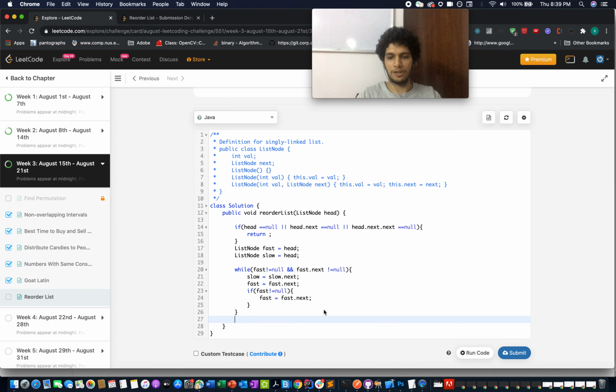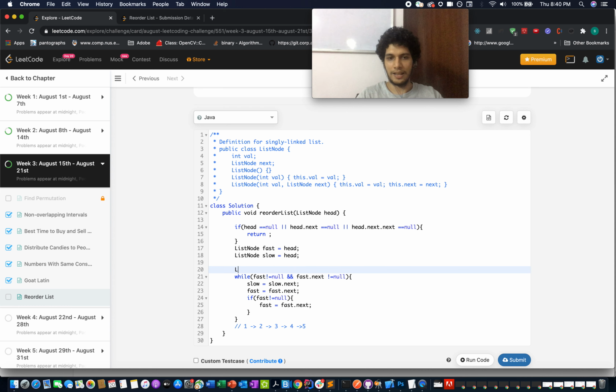So what we have done so far is, if the input linked list is something like this: 1, 2, 3, 4, and 5. Fast and slow both started from 1. Fast moved twice, 3 and 5, while slow moved 3 times, 1, 2, and 3. So slow will be here and fast will be here, and now you need to break at this point, just one node prior to the slow one.